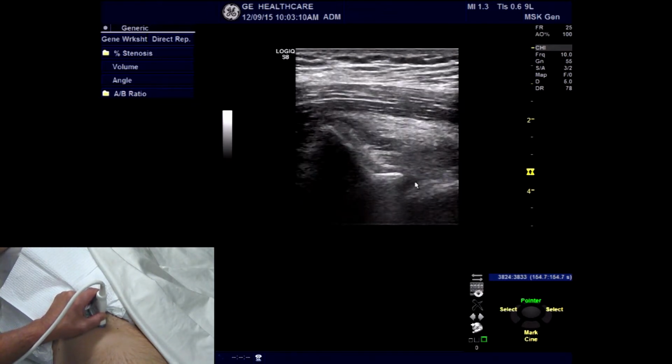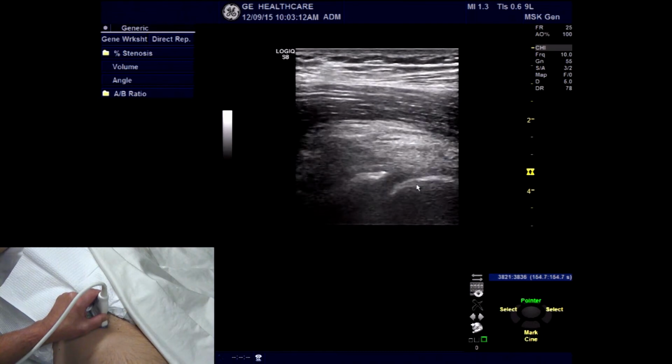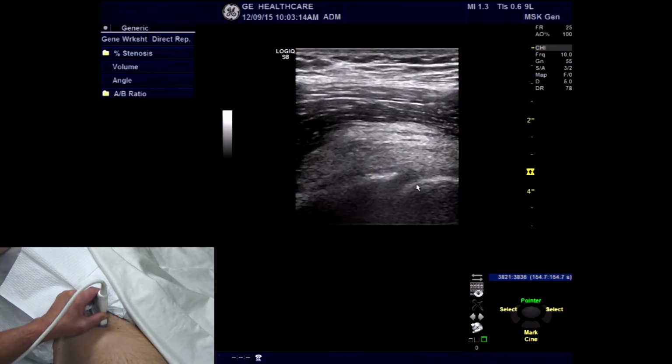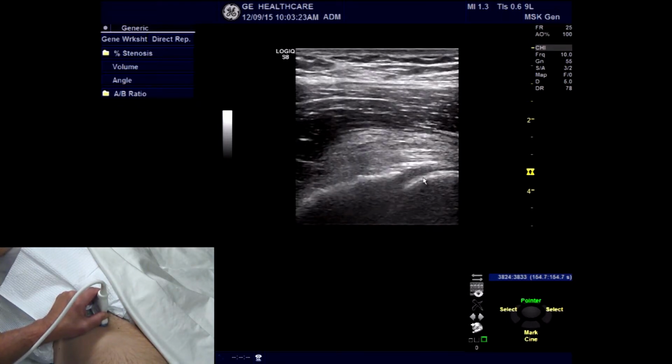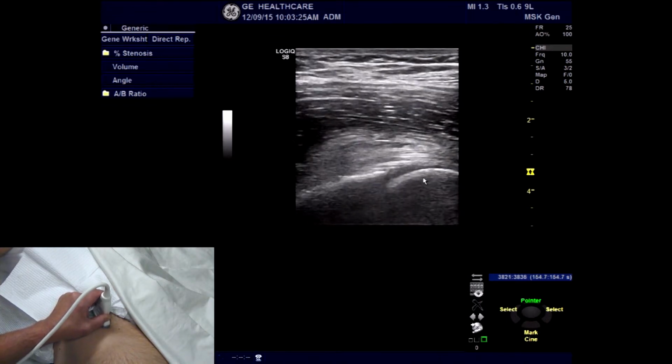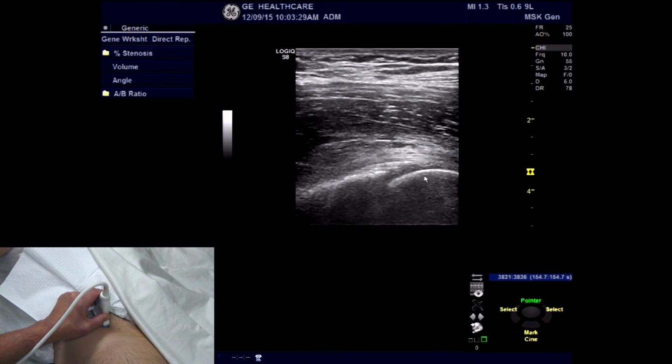And then if I slide the transducer slightly inferior, we're going to see the rounded structure of the femoral head. So this would be the acetabulum. This would be the femoral head. Now these are going to be important landmarks to start with, and as we move superior or superficial from the